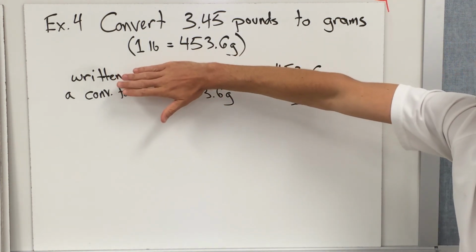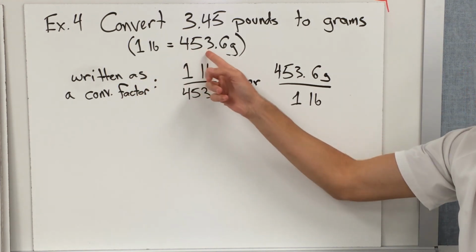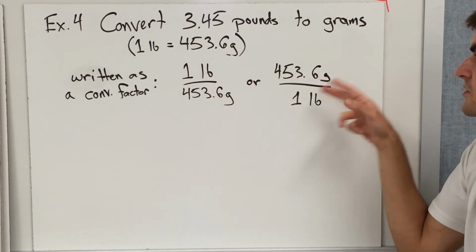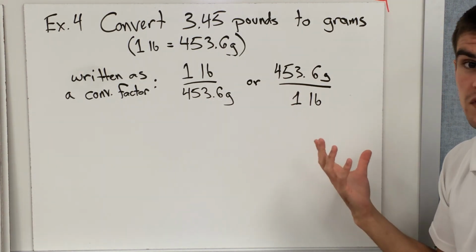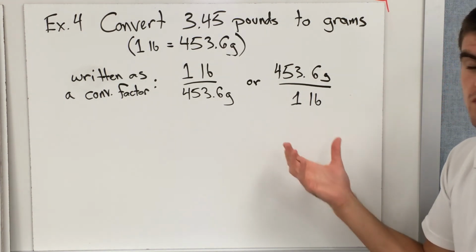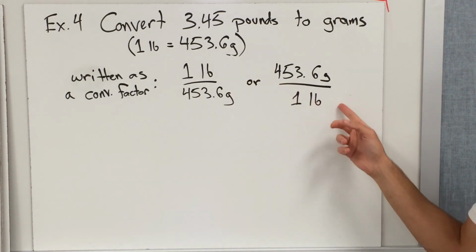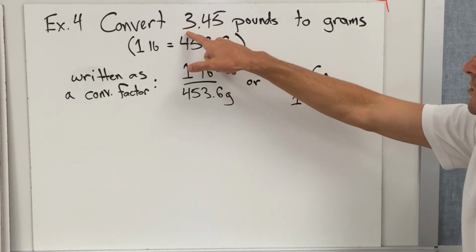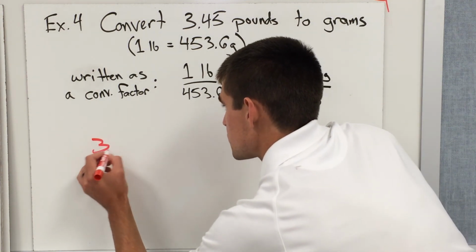So that would be the problem. I then started with this. So write this conversion factor as a ratio. So I did that first, and I have 2 ways. Well, which way am I going to use? I don't know, at least right now, but let's start the problem. The setup will tell us which one we're going to use. So number we're given in units, 3.45